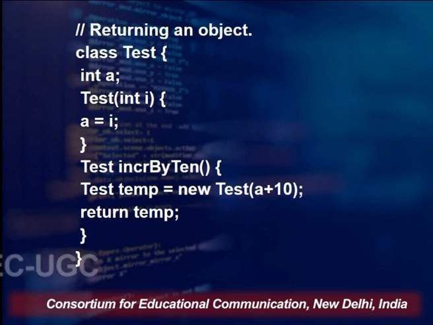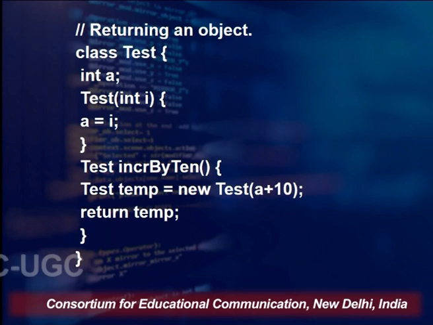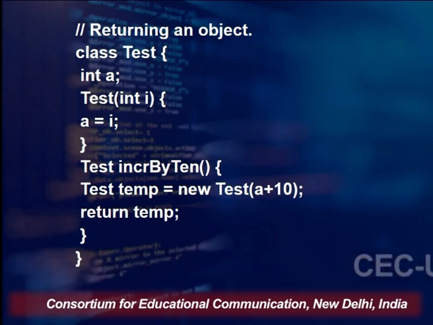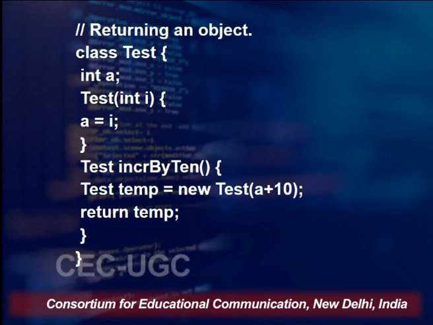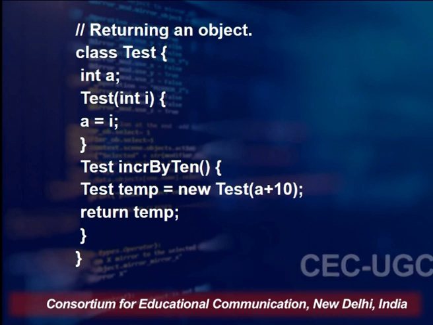Whenever we say int and then the function name, that means that function is returning a variable of type int. So here this function incBy10 is returning a variable of type Test, and within